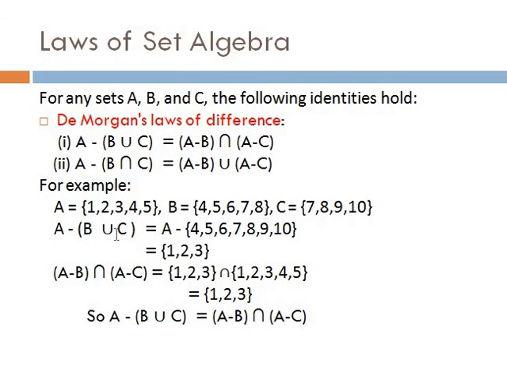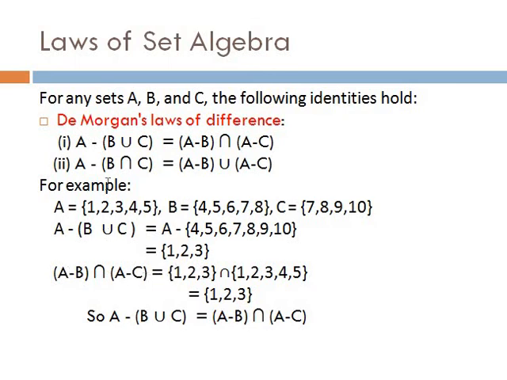Now A minus (B union C) is A minus the B union C, which is all elements of B and C, that is from 4 to 10. Now we subtract this set from A, leaving 1, 2 and 3. Right hand side is (A minus B) intersection (A minus C). First find A minus B, subtracting the B set from the A set, that is, removing the common elements of A and B, leaving 1, 2 and 3. So A minus B has only elements 1, 2 and 3.